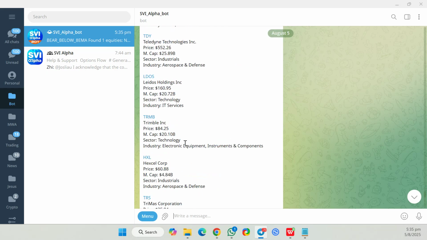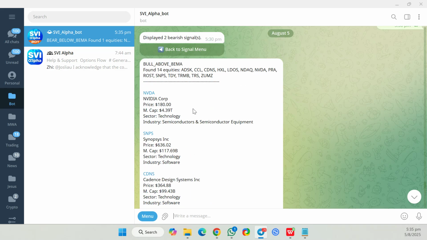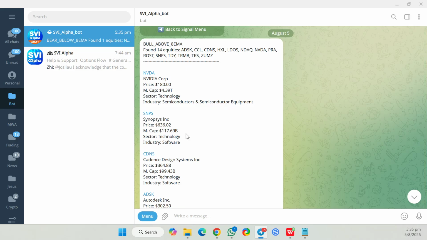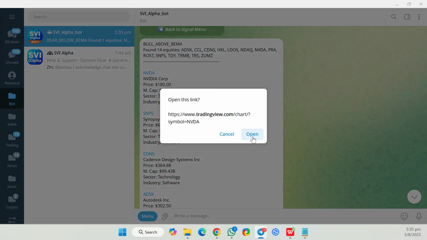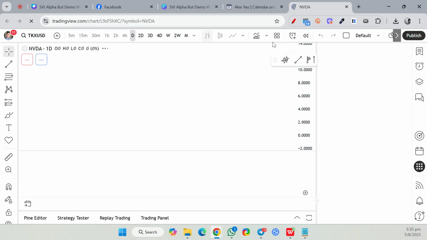But all in all, this doesn't mean that you should enter every single one of them. These are only a screen. You still need to go into the individual stocks and check them out yourself. For example, NVIDIA, you can just click on it if you want to. You open this in TradingView. Of course, I am